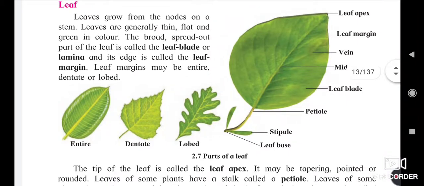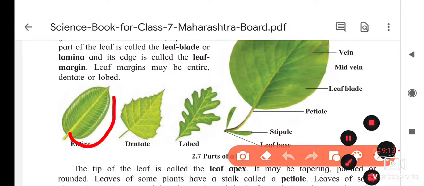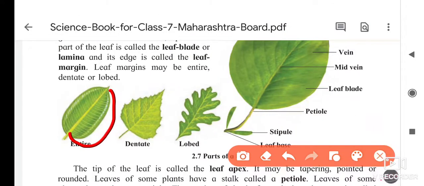Here are some pictures of leaves. The first leaf is called an entire leaf because it is plain from the start of the petiole to the end of the leaf.